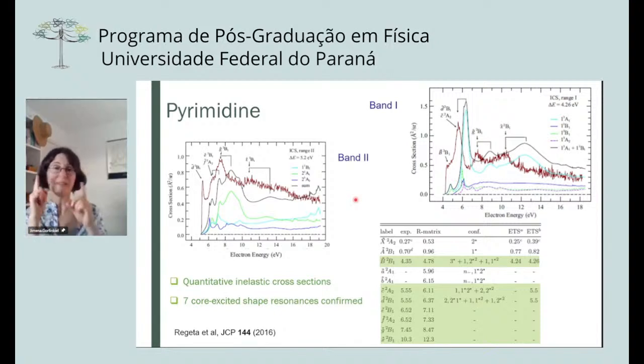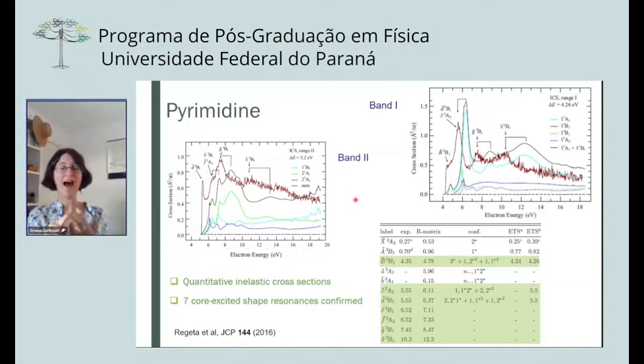So in this case, there are 2 things to note. First of all, the size of the cross sections is more or less the same. So without normalizing one to the other, we got cross sections that are of the same size. This was already fantastic. We were really happy with that. But the other thing to note is that the shape of the cross sections is more or less the same,